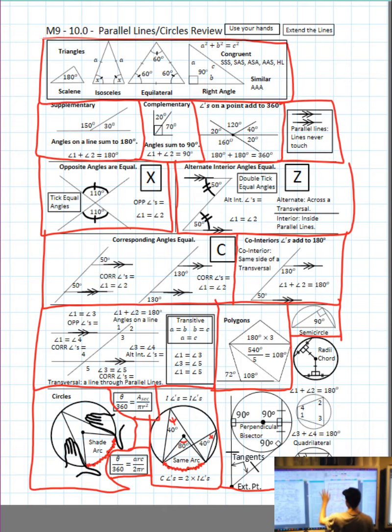I'm going to scroll up a bit because the video is going to get in the way. We have the tangent to exterior point rule where we can tick the equal lines. Then in the same diagram we have a chord with a radius and we know that it meets it at 90 and cuts it in half. Up to the left,